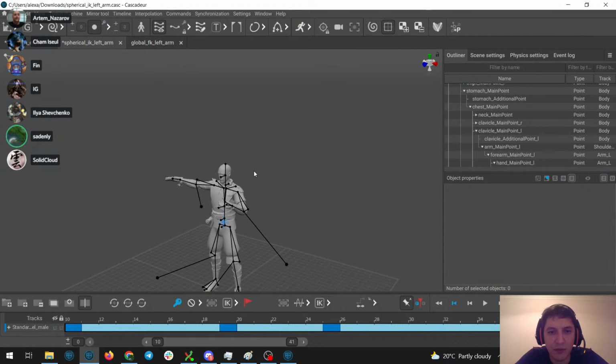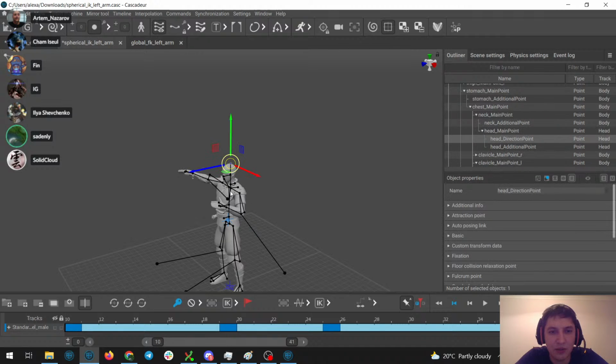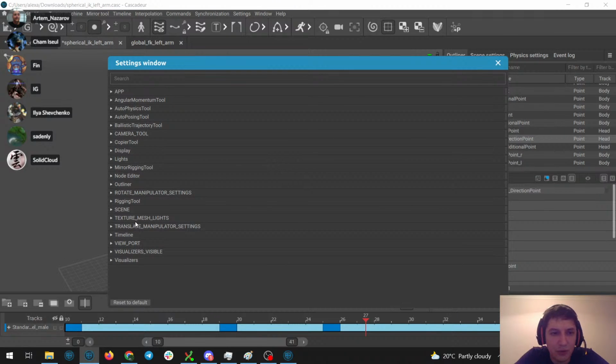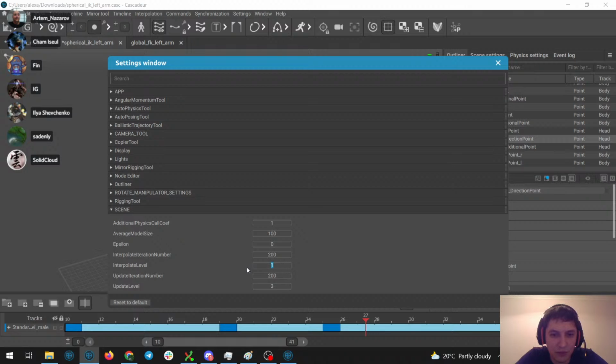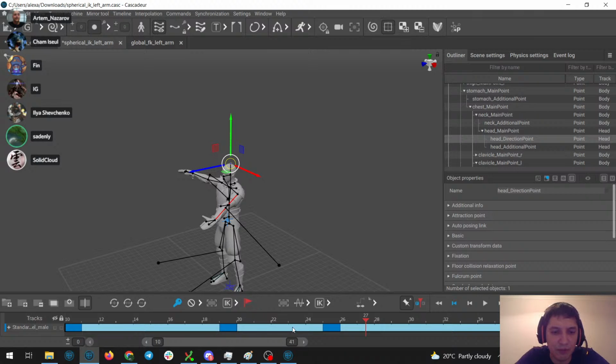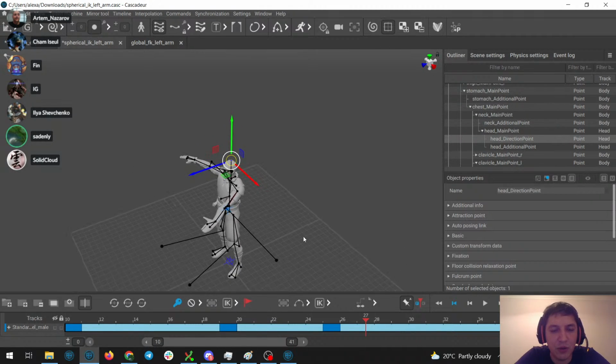Sorry, I have some tangents on the head interpolations, it works a bit strangely. I have to put back the setting about interpolation level, and now I'll re-interpolate everything.